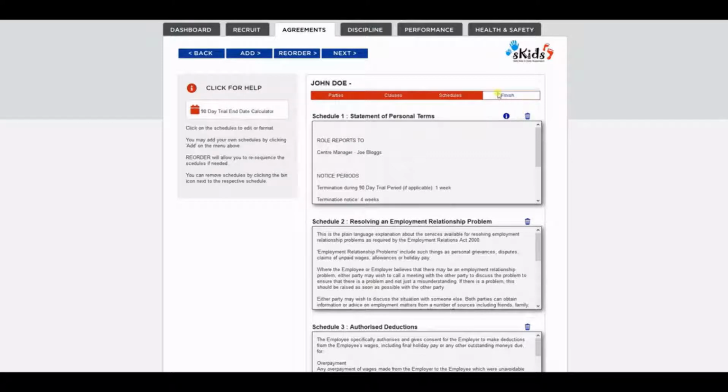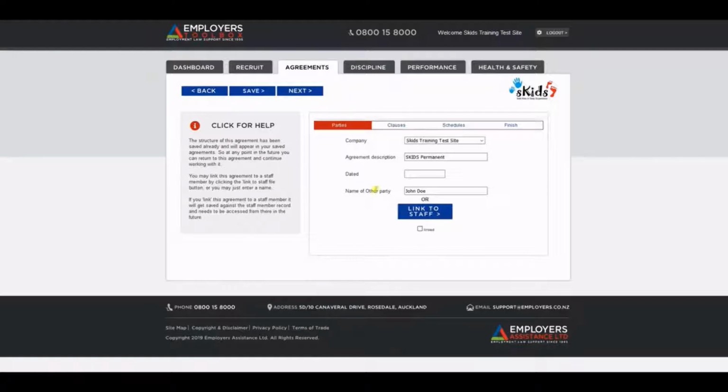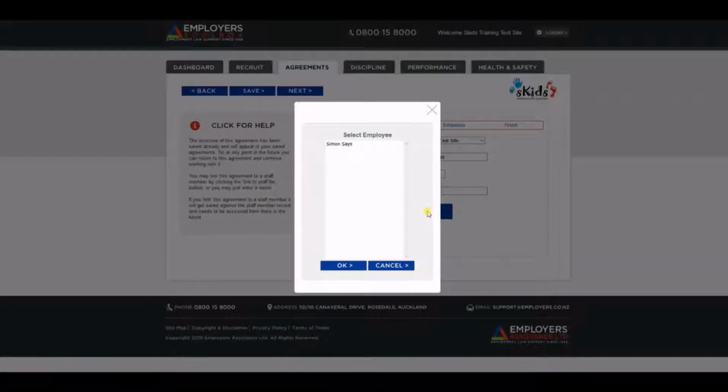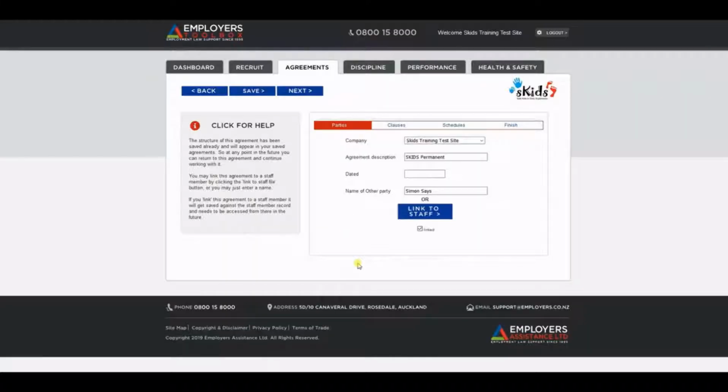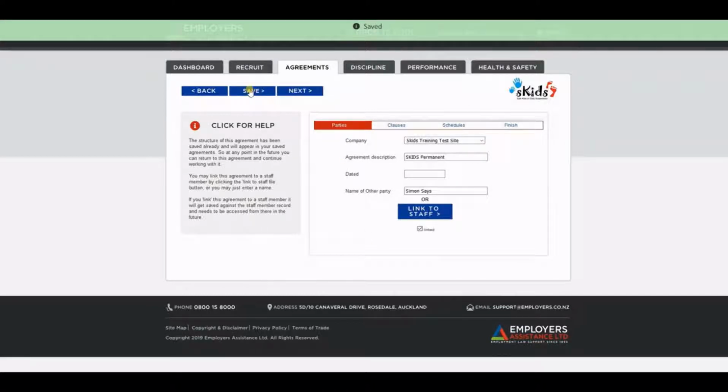The only other thing to mention is that linking to a staff member. So back on the parties screen, there it is again, link to staff. So at this stage, this agreement is unlinked and it's saved under the agreements tab. If we link that to a staff member, so I've got one staff member loaded there. If we select Simon, link it, save it. If we go to the agreements tab now,